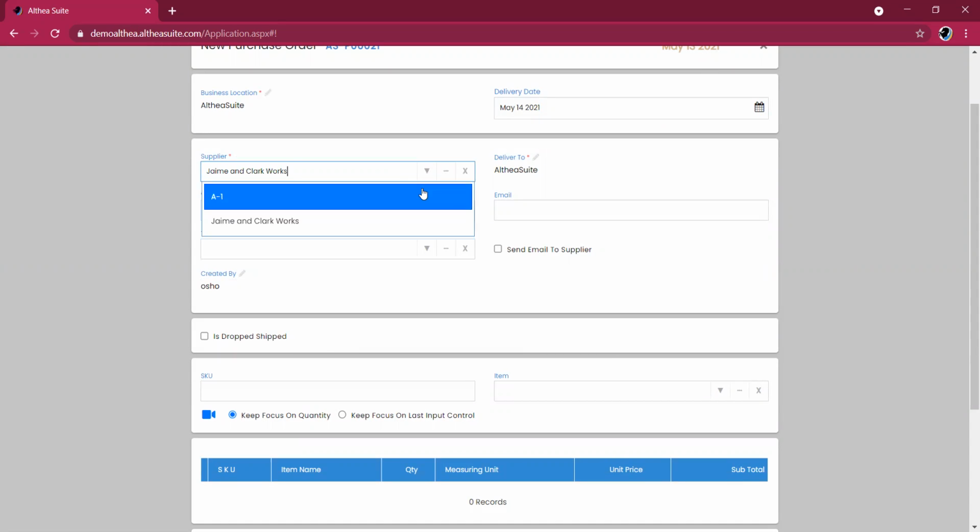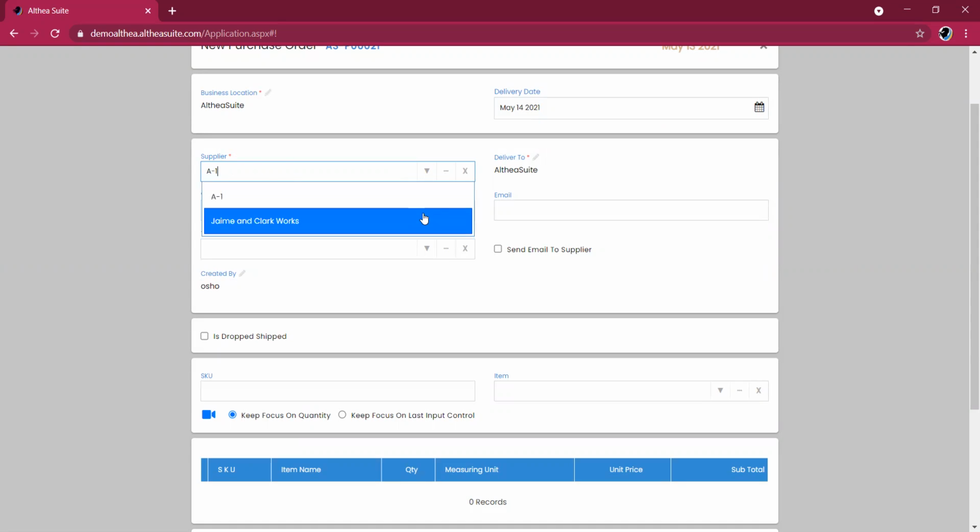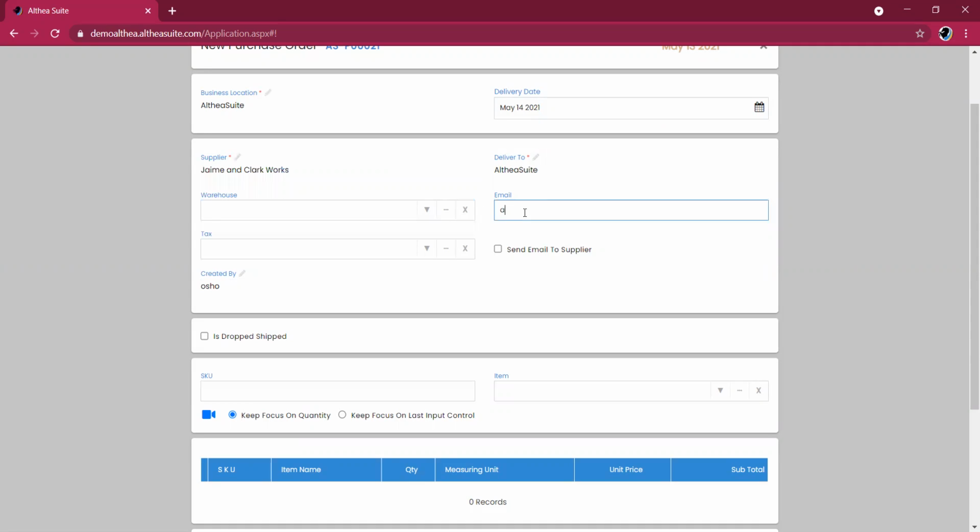And along with my vendor, if I have already added the vendor details, I can send him an email from here itself. So I'll just have to ensure that while sending the purchase order, there's an email ID specified and the checkbox, which is send email to the supplier, checked.